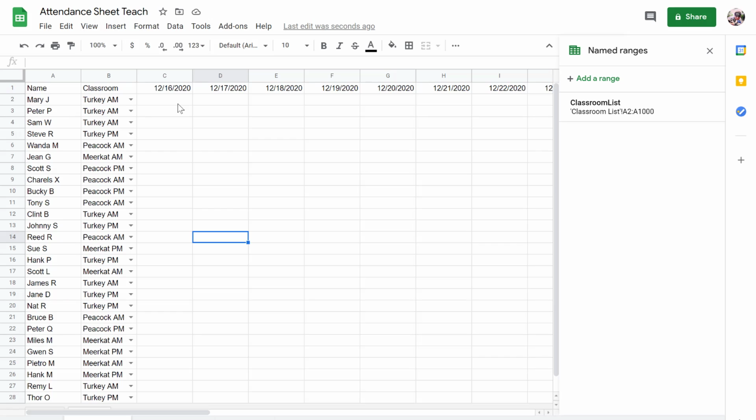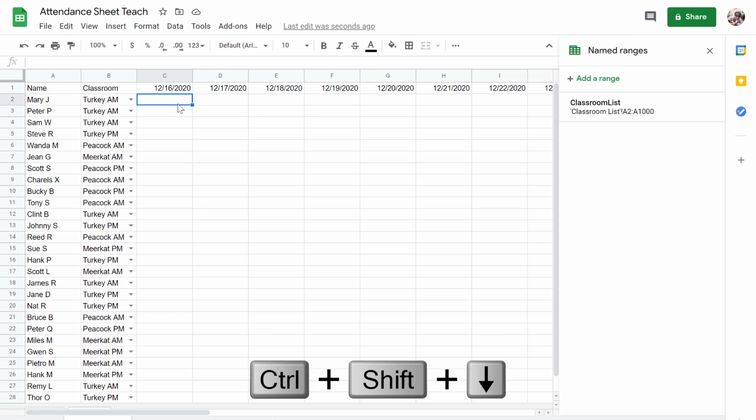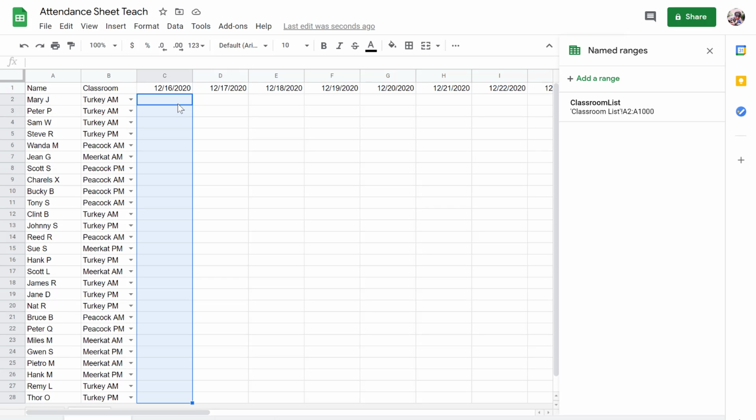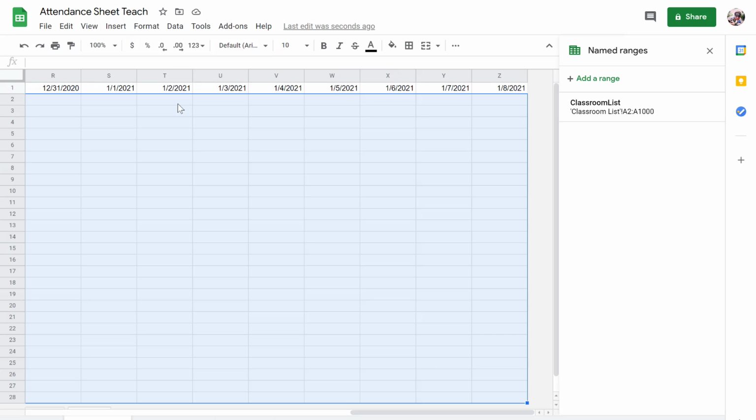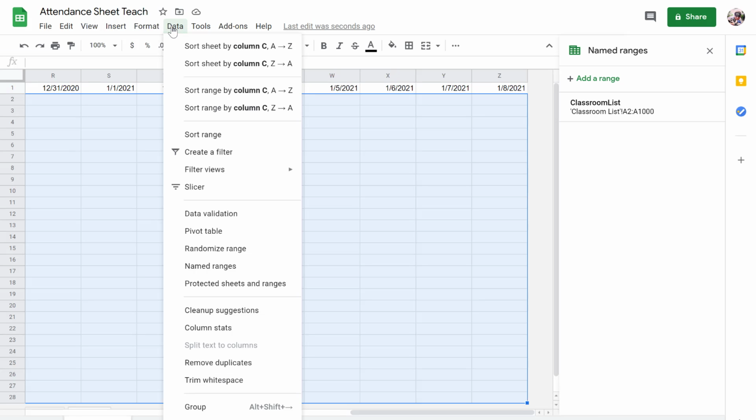Next, I want to create data validation for all my attendance entries. So I only want blank, 0, or 1s to be seen. So I'm going to select cell C2. I'm going to hit Control-Shift-Down to select everything to the bottom of the data. Then I'm still holding down Control-Shift, and I'm going to hit the right key to select all the data. I'm going to select Data, and I'm going to hit